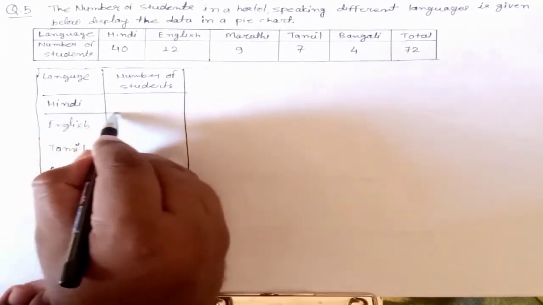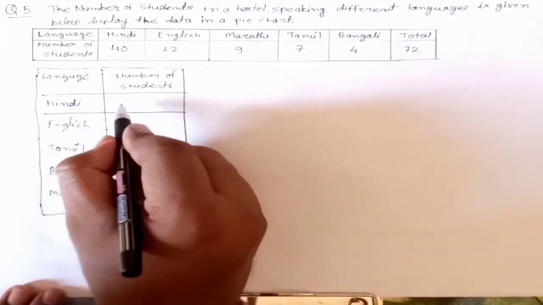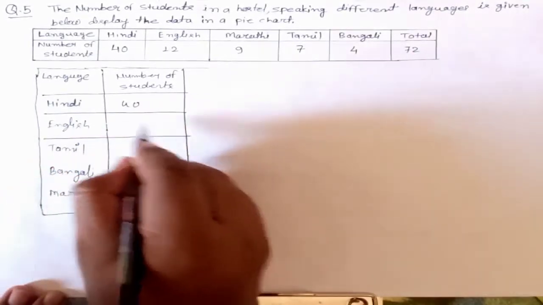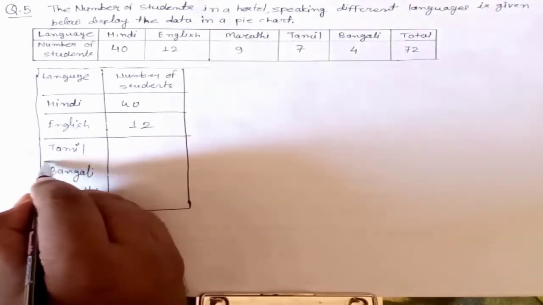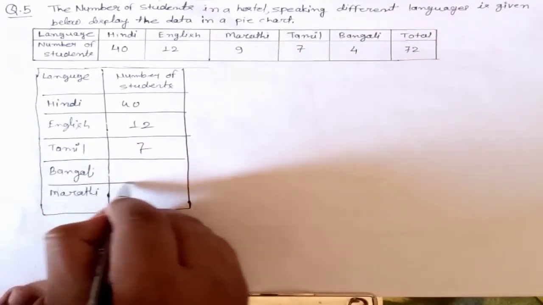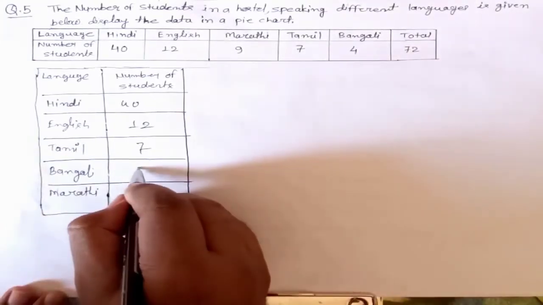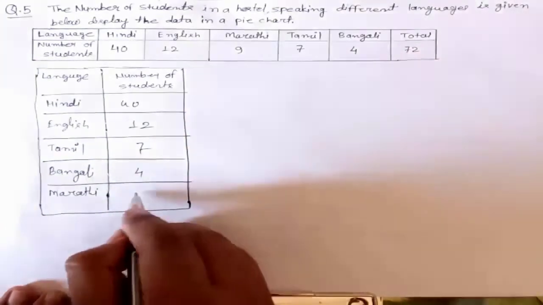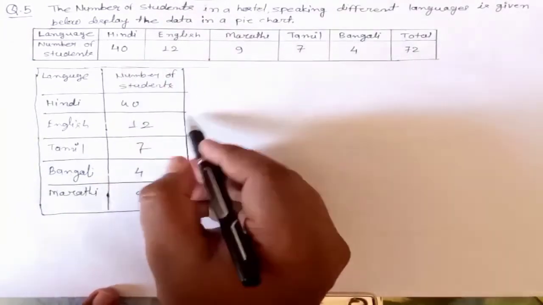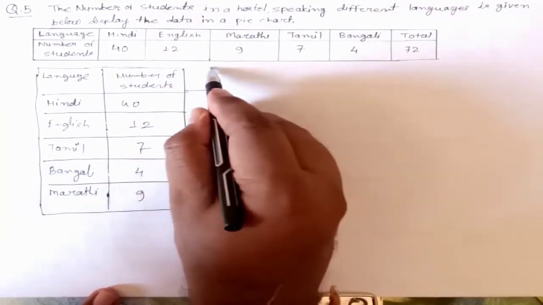For Hindi, how much it is? For Hindi, it is 40. For English, it is 12. For Tamil that is 7. For Bengali, it is 4. And for Marathi, it is 9. Right? So you have to make a table and ratio,